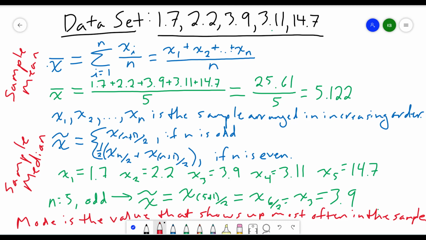So for our sample, we have no number showing up more than once, and so we actually have no mode. All right. If a number showed up twice, then that number would be the mode. If 2 numbers showed up twice, both of them would be the mode. The only time that you don't have a mode is when no number shows up more than one time in your sample. So that's the three main measures of central tendency for a sample. Again, make sure you're using lowercase